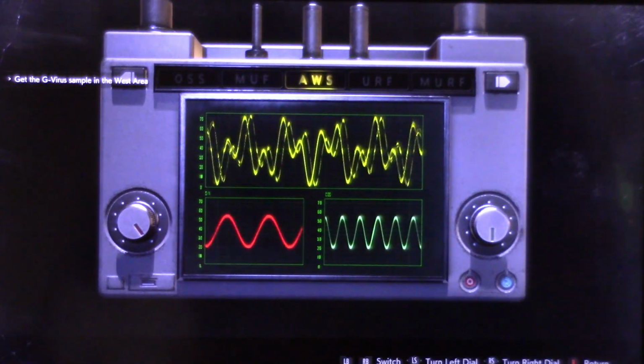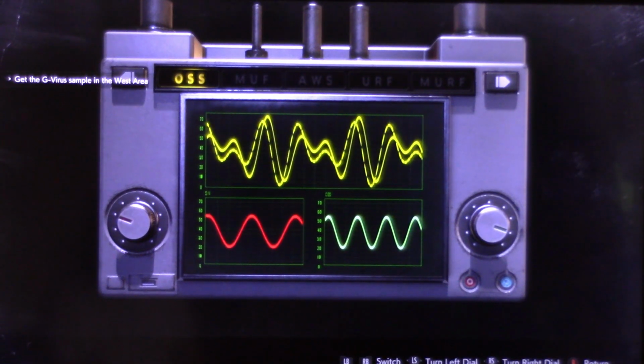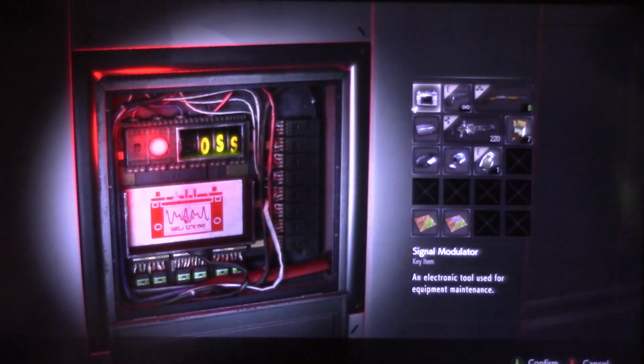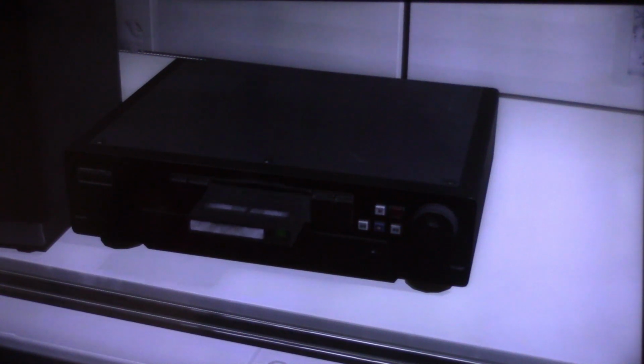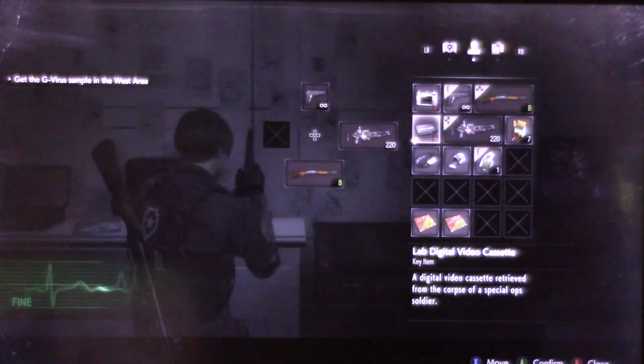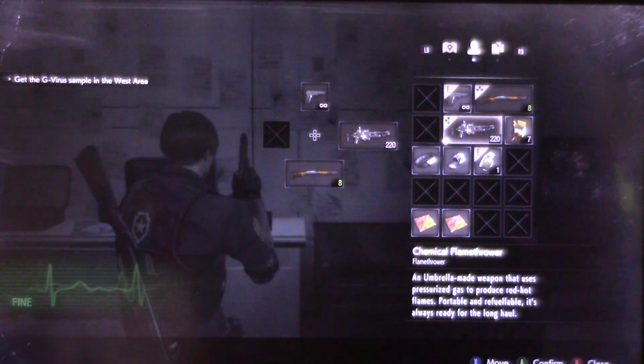It's a grenade and a VHS tape, because this is the 90s. You can't watch it until you do this, and this is OSS. And I'll watch the video first, the VHS tape first. I'm not going to watch it though, I'll skip over it. That way you have incentive to get this far in the game and watch it if you choose to. So those were G samples. And I'm going to discard these two items. So next up is